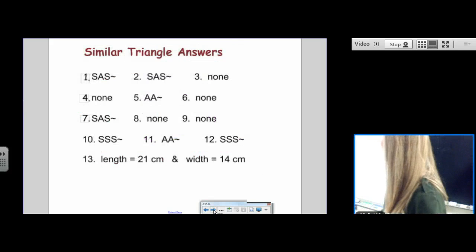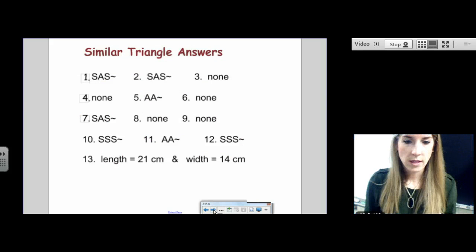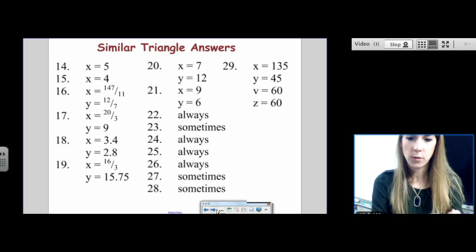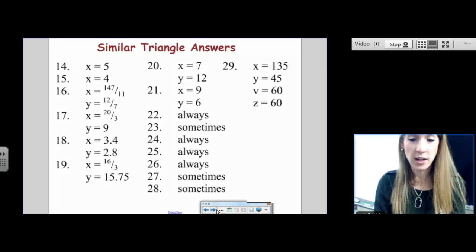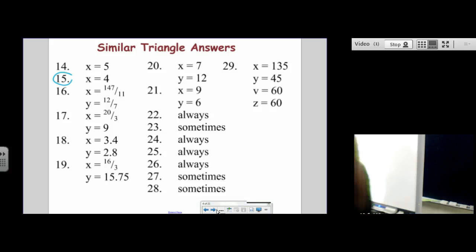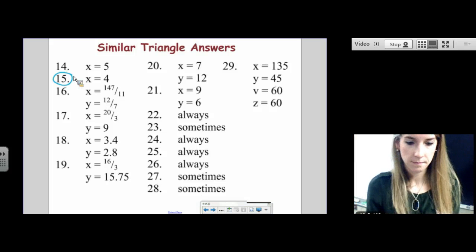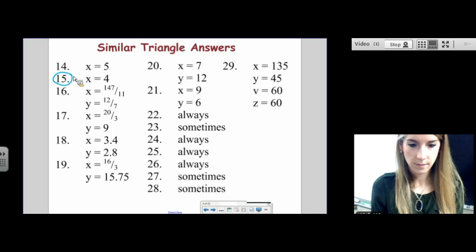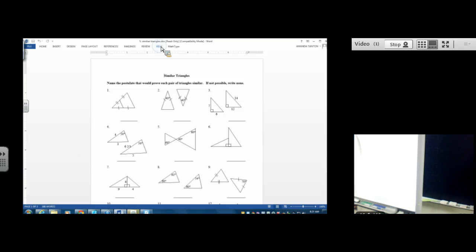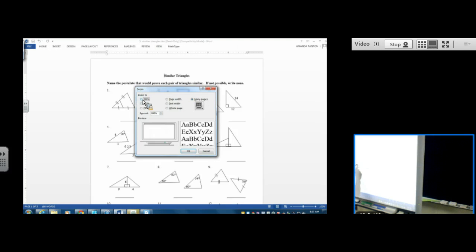Let's check your homework answers. This is 1 through 13. So 14 through 28, or sorry, 29. 15, please. Let's talk about number 2. See if I can zoom in. Sorry about this. We want to look at that picture a lot better. Okay, so on number 2,